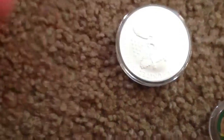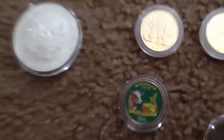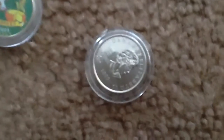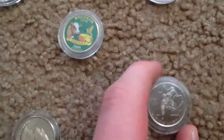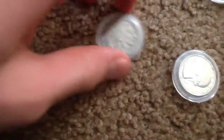And then here we got the big guns. We got the 1 ouncer, which, well, it's not really that big, but for me, it's like the biggest thing I have at the moment. And then I have two gold-plated quarters. One's Vermont, one's Wisconsin, and I have a colorized Wisconsin. Then I have a 2009 Canadian quarter, but on the back it says 2010 Vancouver. And then I just have a buffalo nickel right here, and then I have,